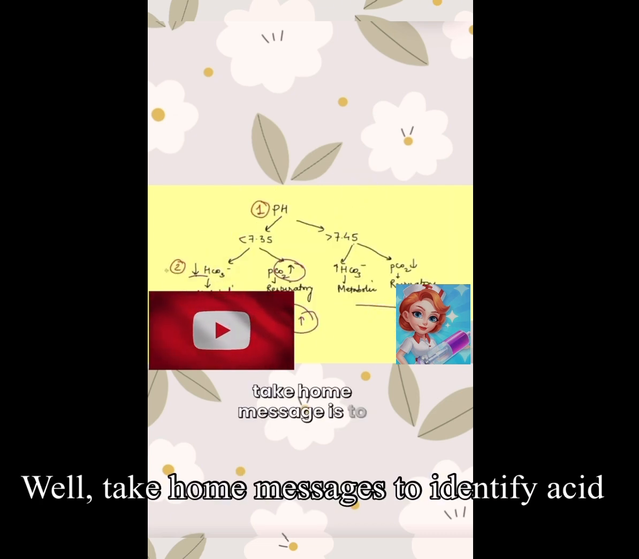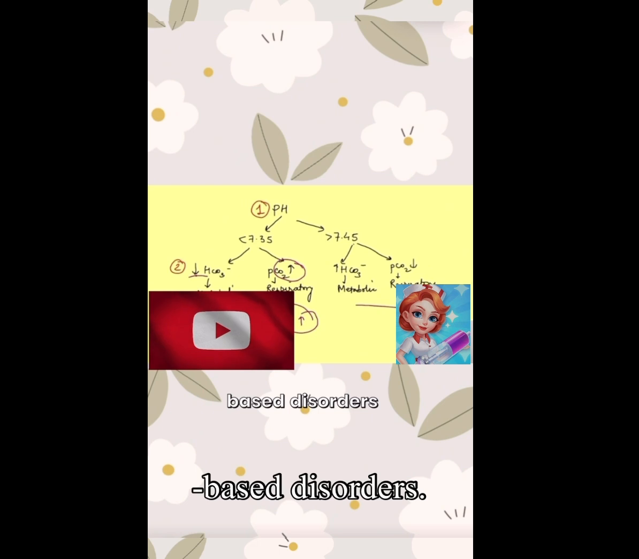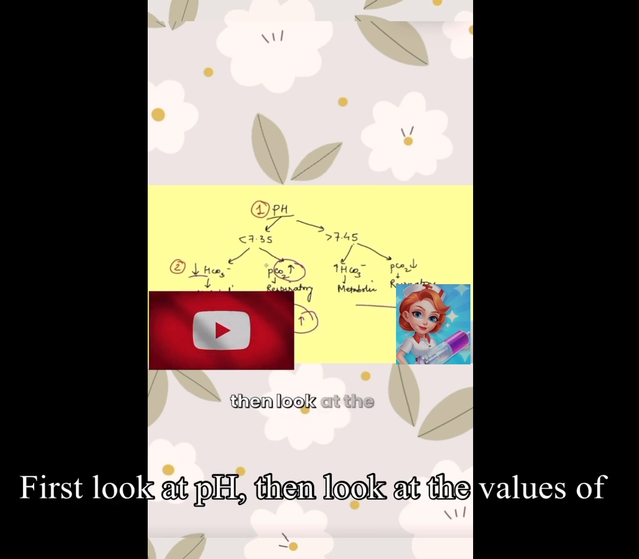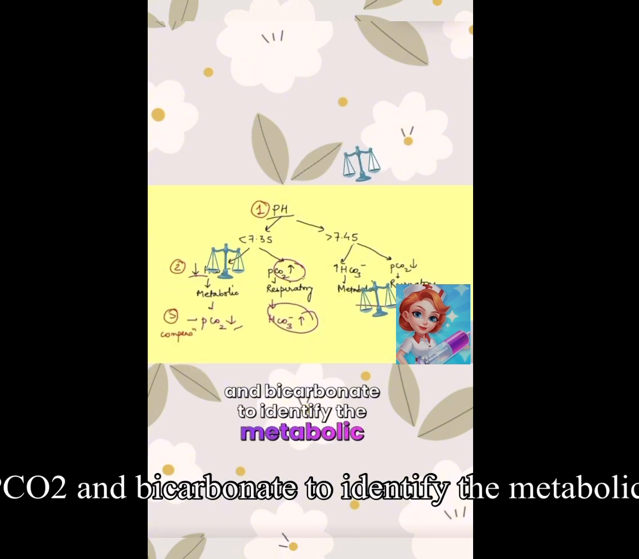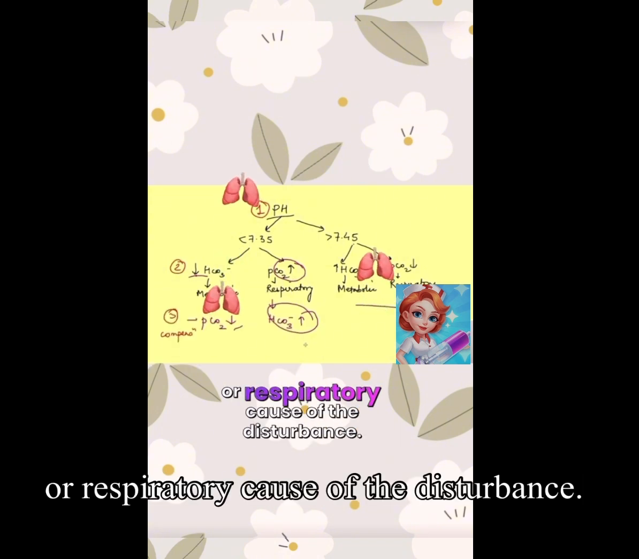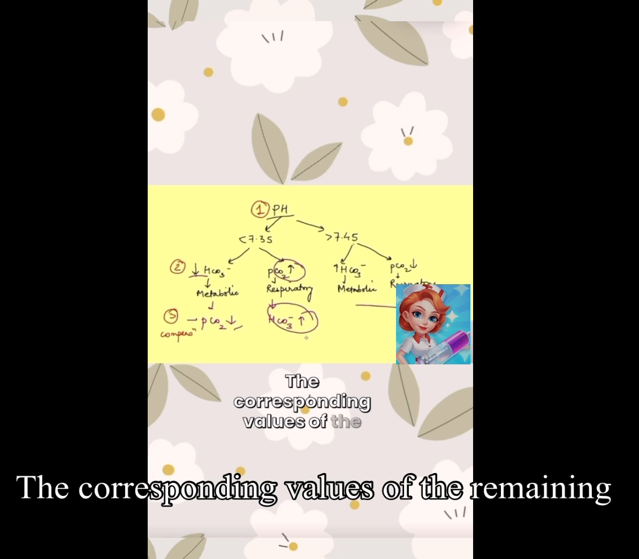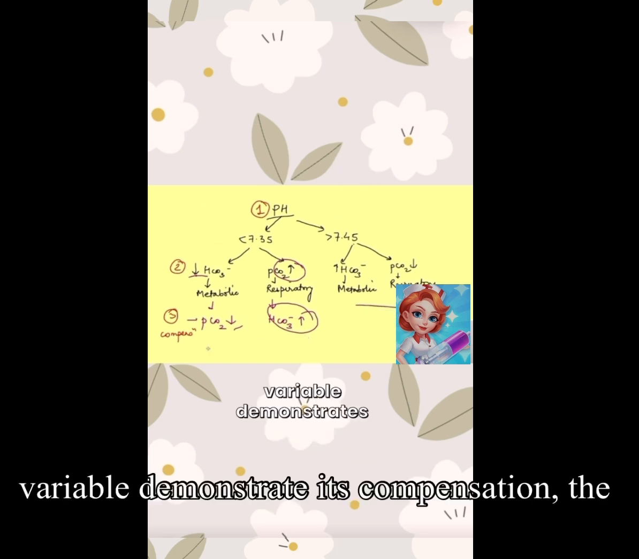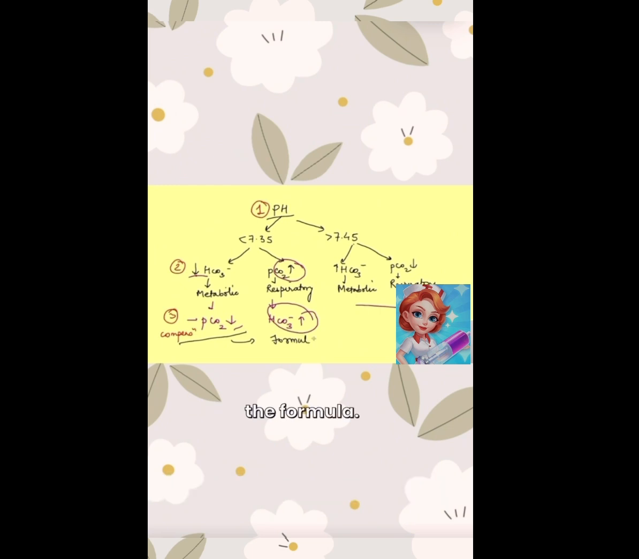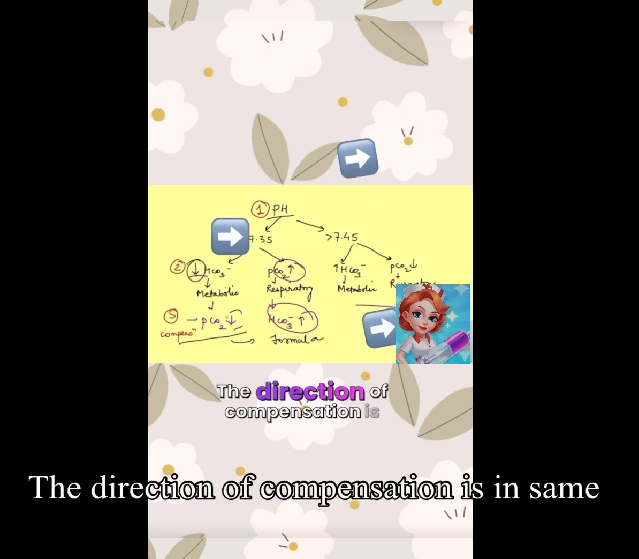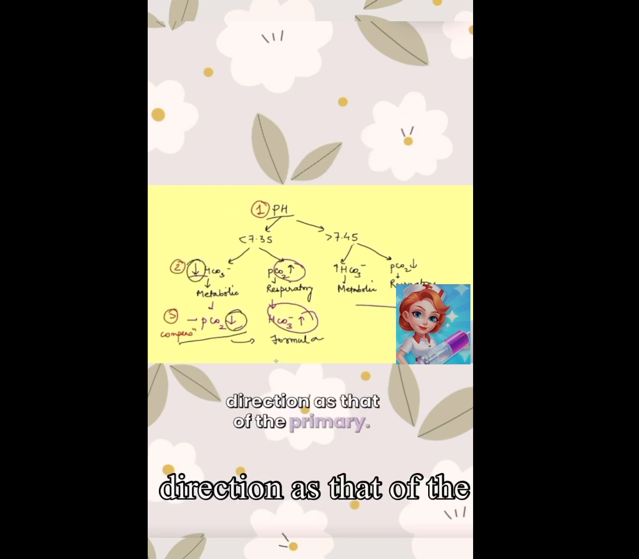Well, take-home messages to identify acid-base disorders. First look at pH, then look at the values of PCO2 and bicarbonate to identify the metabolic or respiratory cause of the disturbance. The corresponding values of the remaining variable demonstrate compensation, the amount of which is determined by the formula. The direction of compensation is in the same direction as that of the